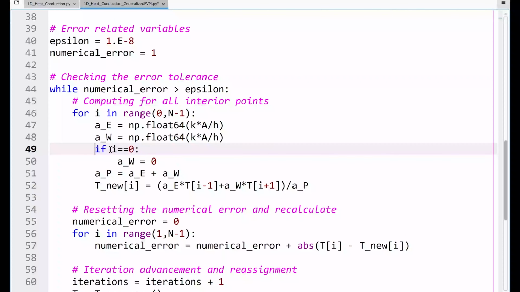So I'm saying that if i equals 0, just override the value of AW as 0. Previously AW would have been calculated as KA by h for every i, but if the i is 0, override that as AW is 0. So for all other i, AW would still be KA by h except for the 0th index. For the 0th index, AW would be 0, AE would be KA by h.